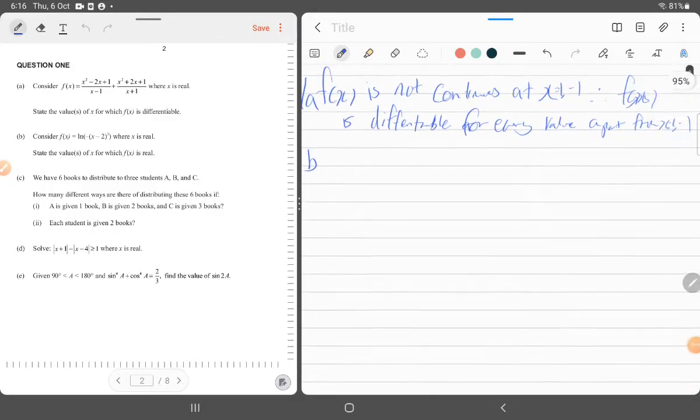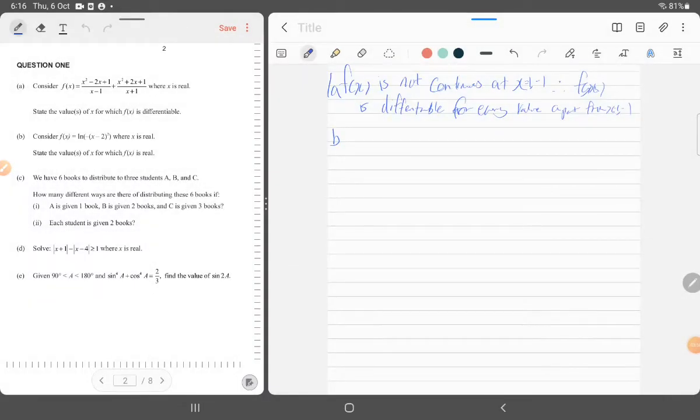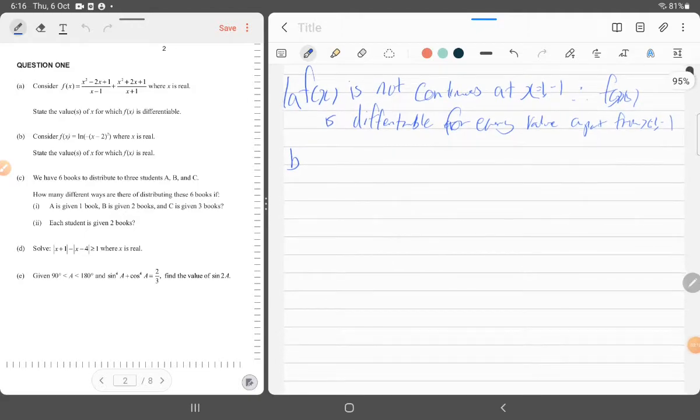Question 1b, I might want to make this a bit bigger. Question 1b, consider f(x) equals natural log of negative (x minus 2) all squared, where x is real. State the values of x for which f(x) is real. So f(x) is a natural log of a function,